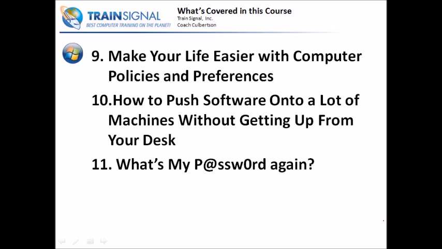Then we're going to talk about password stuff, and that's going to be pretty vital to you. We'll talk about default domain passwords and resetting passwords and all of that. Then in "Passing the Buck," I'm going to show you how to actually delegate the administration of a particular section of your Active Directory over to another administrator. Most of the time, you're going to have other folks working with you in your IT department, although you might be the only IT guy or gal in your company. But if you have someone that you can kind of pass the buck off to, I'll show you how to